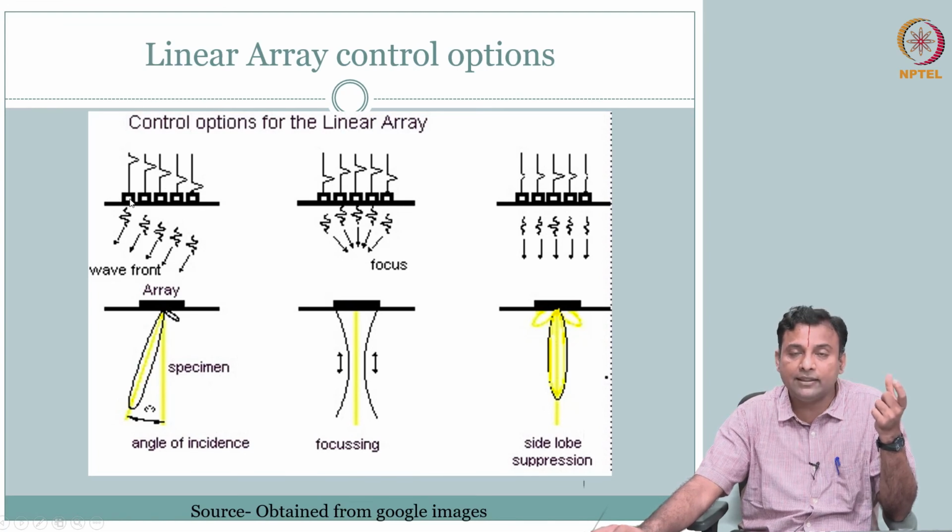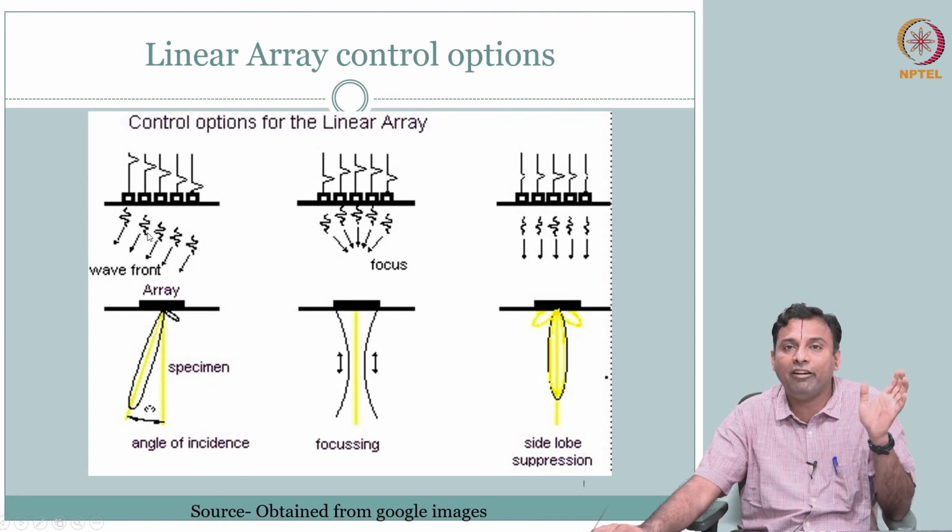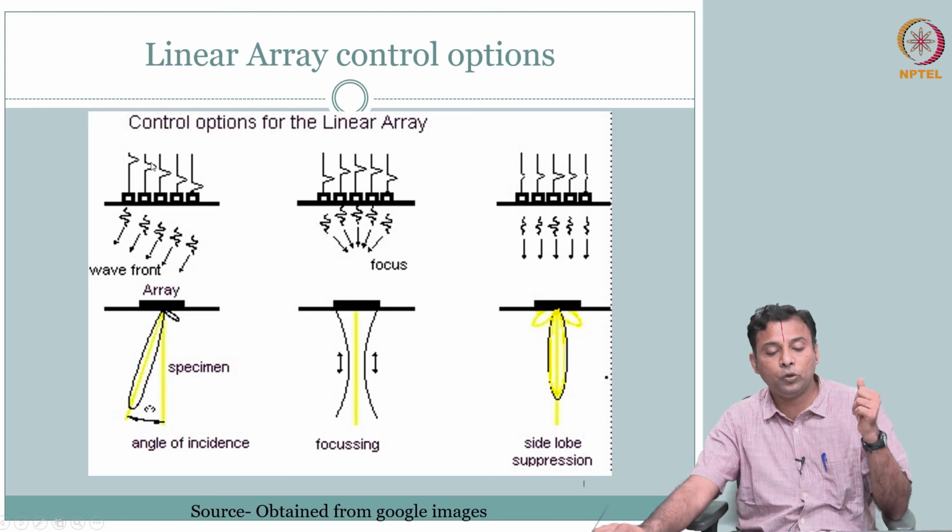So if only this is excited, this sends out a pulse wave, this sends another pulse, this sends another. So I have control over how to excite them, because I am the one supplying the voltage. So I can supply after a delay. I could send them such that the plane wave front that we talked about, all of them start to go in a particular direction. This is what we call a steer. So the advantage is you could do that.